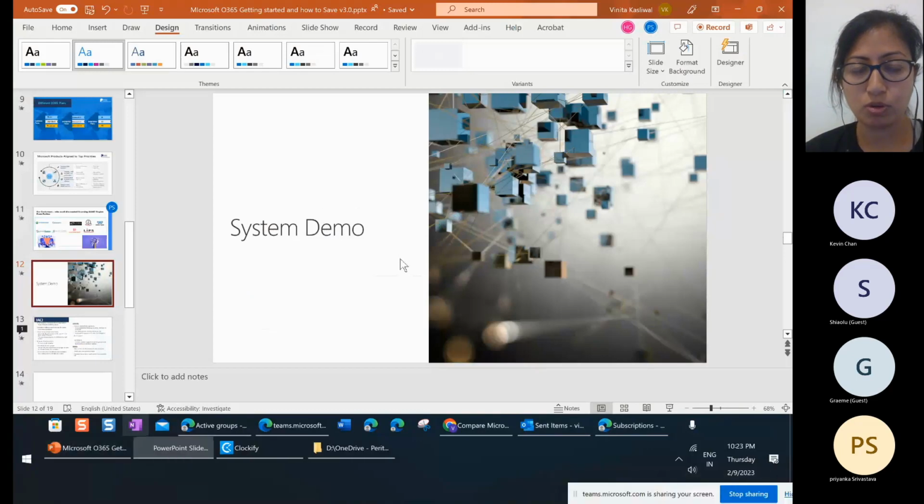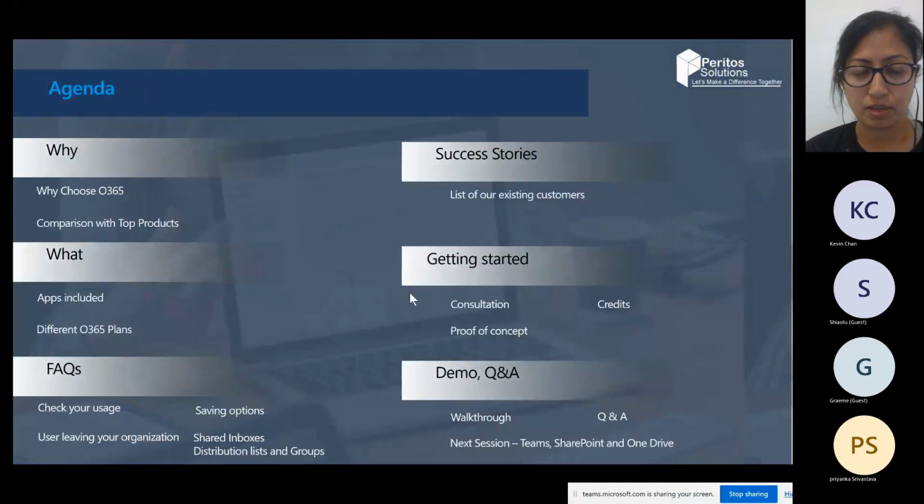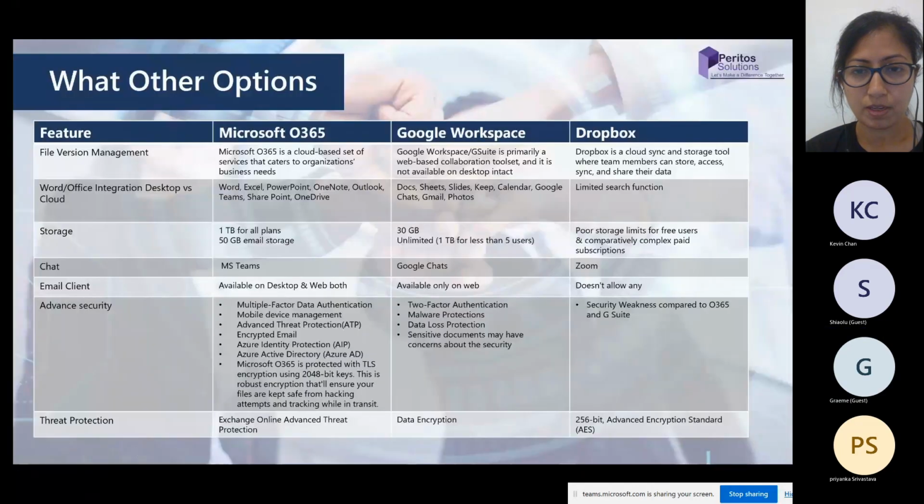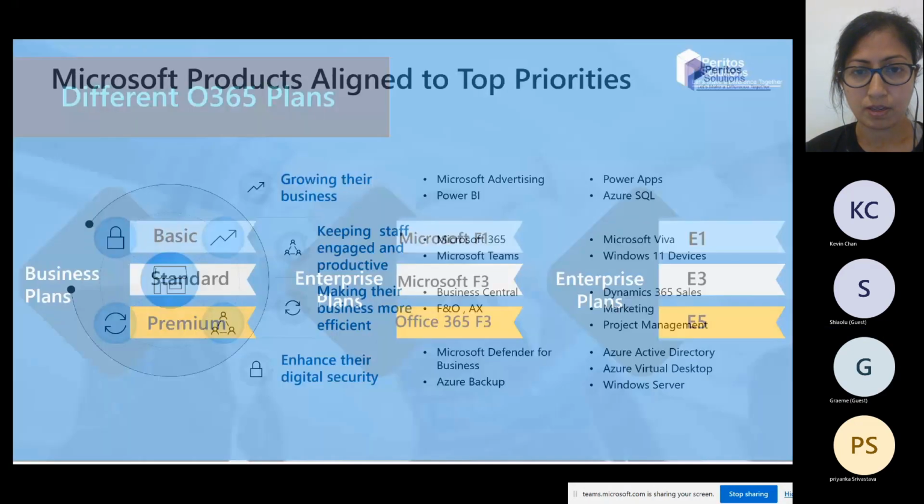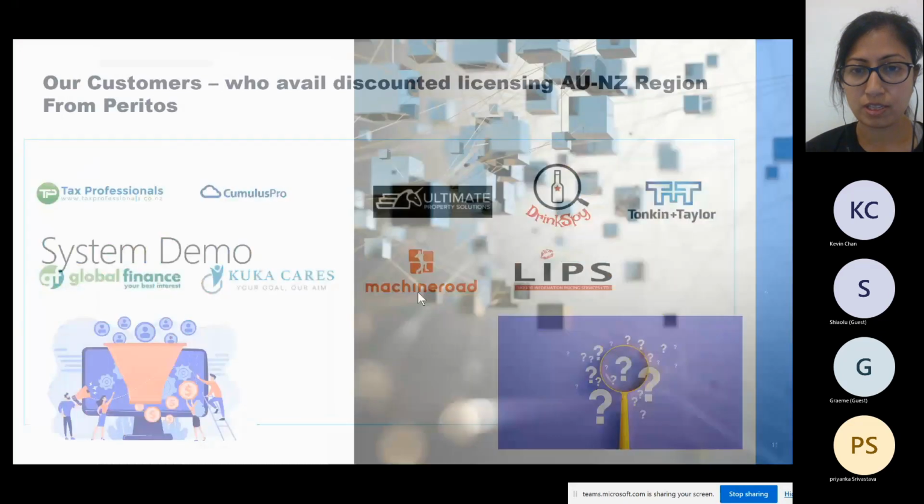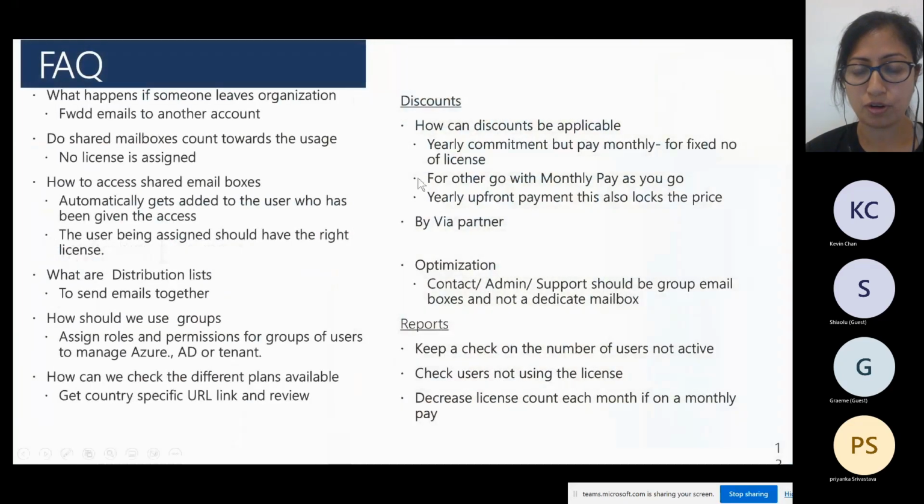Maybe I will just go through if I've covered most of it. We'll also circulate this PPT if that's helpful for each of the attendees here and for those who didn't attend, to go through this and come back if they have questions. So these are some of the options that I just discussed. What happens if someone leaves the organization? How do shared mailboxes count? How can the shared mailboxes be used? And you have to give the user the right license, distribution list, groups, the different plans that are available, how the discounts can be